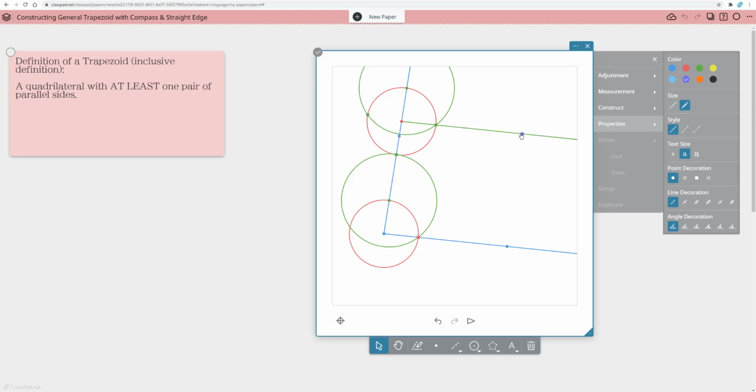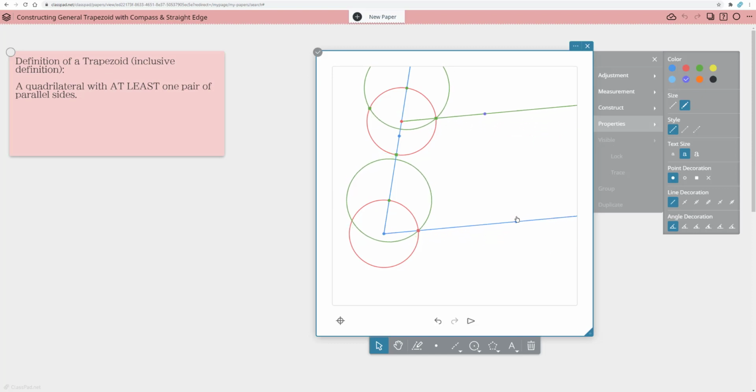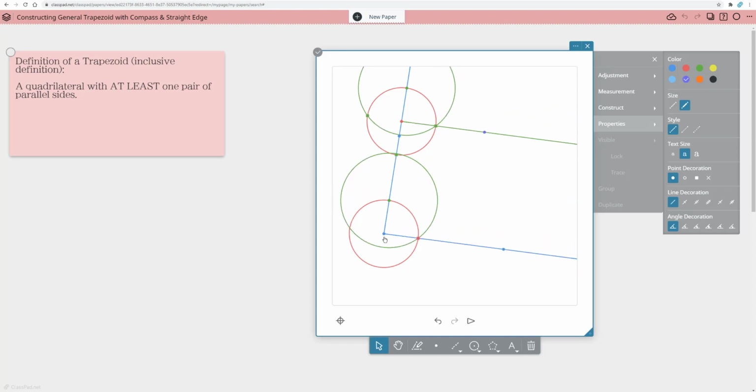There's a point on the line. And now if you look, I have 4 vertices that are going to be used in my trapezoid. I have this one that's on this parallel line, this one here that changes how my lines move, this original angle vertex, right? And then this point up here that matched this point, to guarantee that corresponding. So everything else is just a construct that I use to get to this position. I don't need them anymore.